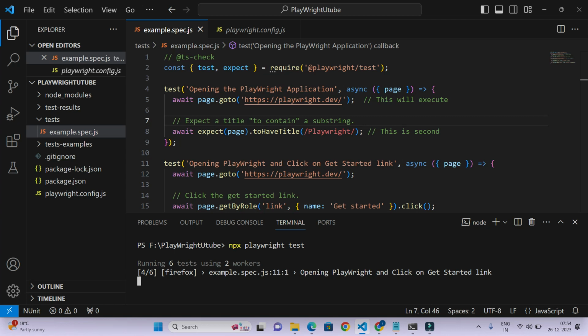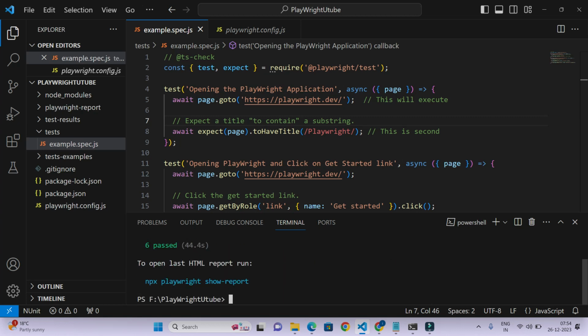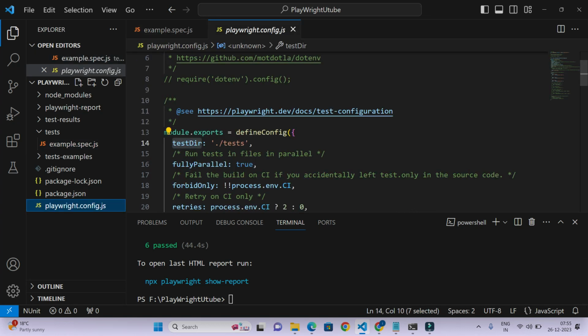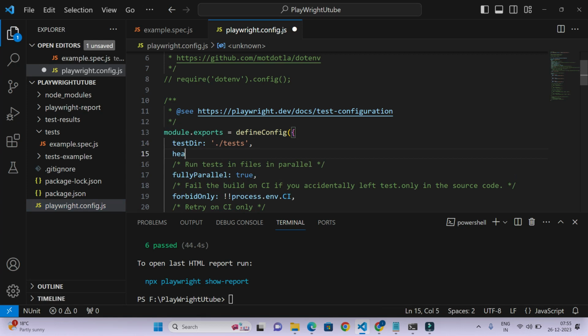And one more thing, yes, I forgot to tell that. Actually, it is running in headless mode. By default, Playwright will run the script in headless mode. Headless mode means it won't open the browser and it will run the script. So to see the headed run, just enter here headless,